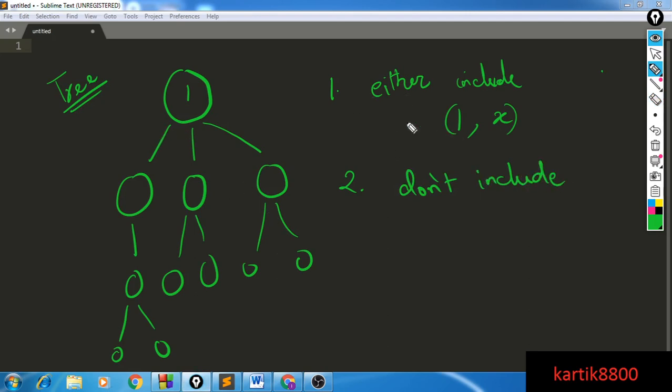Now among these two possibilities, let's see what happens further, and we will try to break the entire problem into similar kind of sub problems so that we are able to divide and conquer and apply dynamic programming. Okay, so imagine that I do not include any edge that has 1 as one of its endpoints. So I'm not including this edge, I'm not including this edge, and I am not including this edge. So what you can clearly see is that your problem has reduced into three similar kind of sub problems.